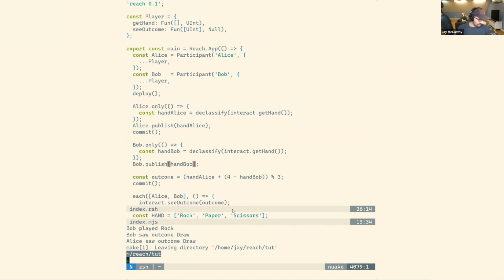Okay, now Special K asked the question, is Reach itself decentralized? Reach is not decentralized because Reach is a compiler like GCC or Clang or Node.js. So if I were to say,